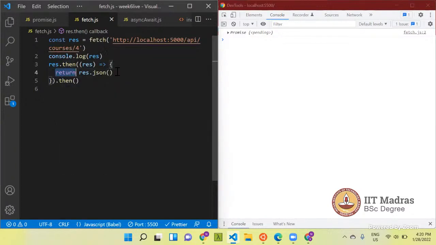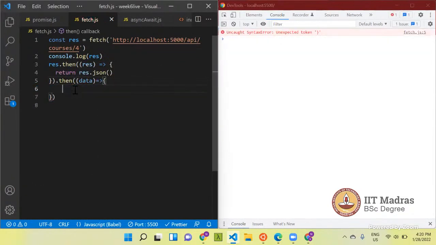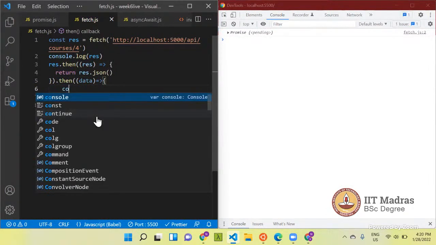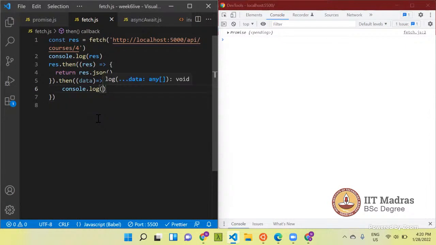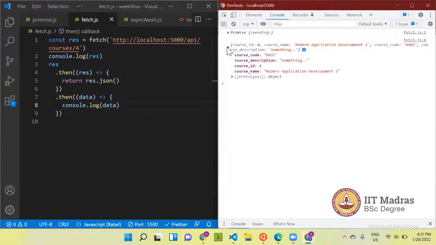So whatever the return statement is, it will be passed to this dot then. So now you can see this is the data. Is there any question? No, sir. Okay.